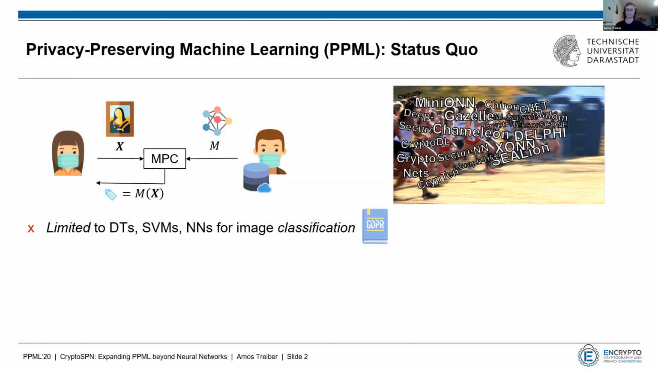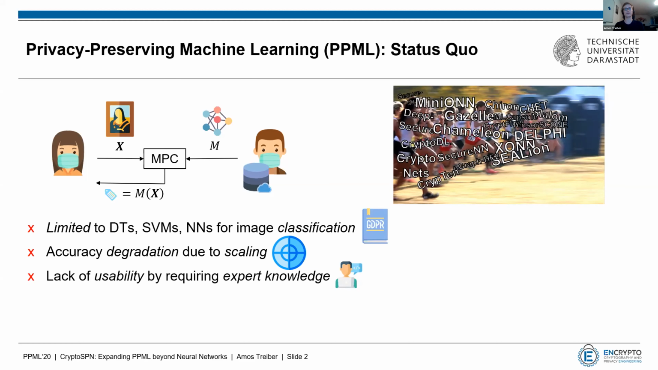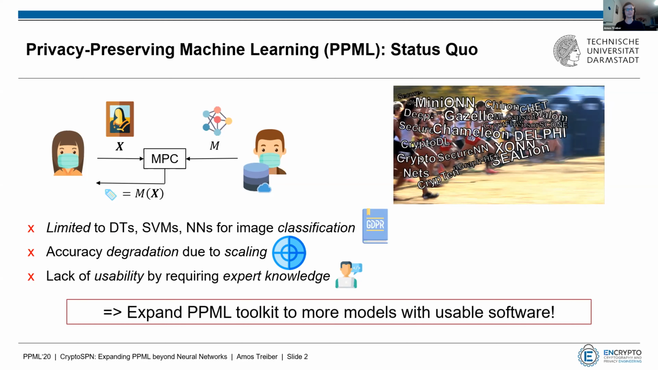Some other drawbacks of the works are that usually there's some accuracy degradation due to scaling that is employed to make the whole thing much faster. And also for many prototypes, they're not really integrated into machine learning software, and therefore are not really usable. This is what we wanted to fix in our work by expanding the PPML toolkit to more models with usable software. And the type of model that we want to take a look at is called sum product network,